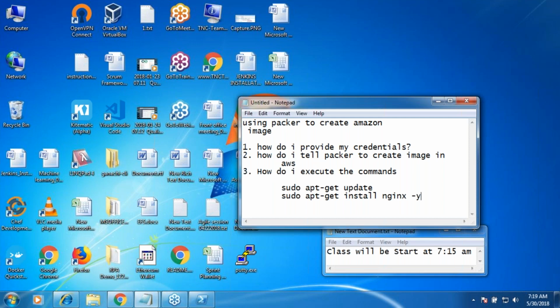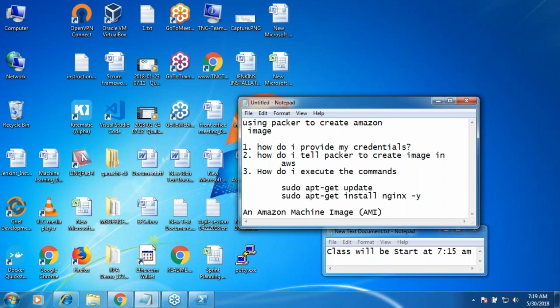Before executing these commands, Packer also has to create a virtual machine, and it has to execute the stuff over there. And what will be the result of this? An Amazon image. The complete name is machine image, which they also call Amazon machine image.